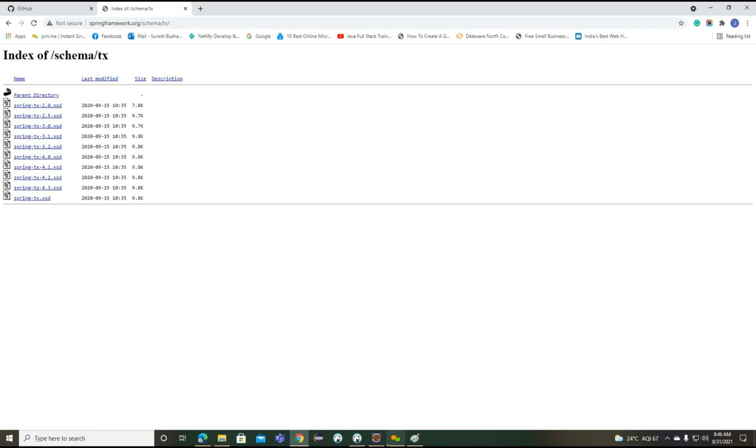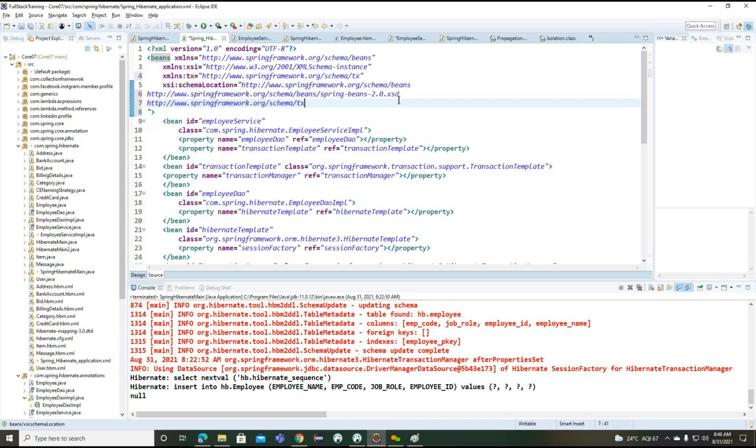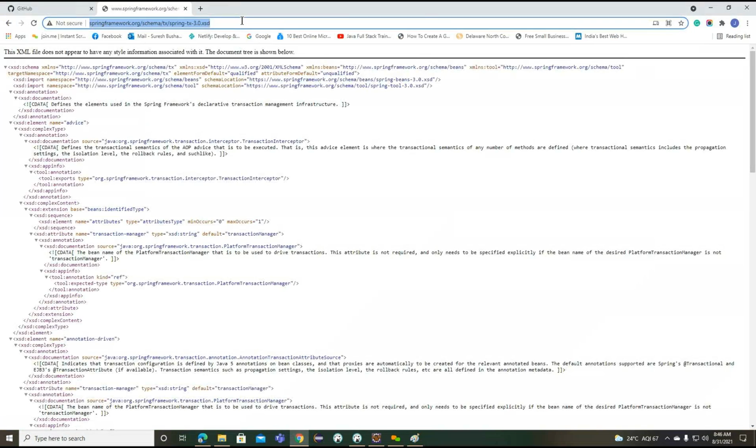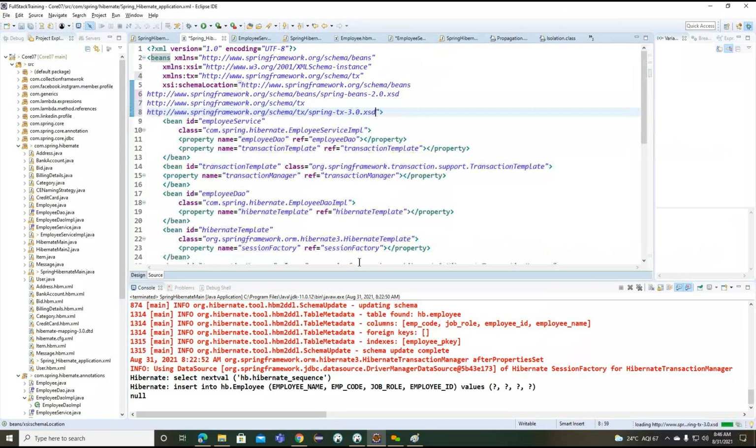Okay, now we are getting the data. And we can go for the 3.0 XSD. Right, so once we save here,